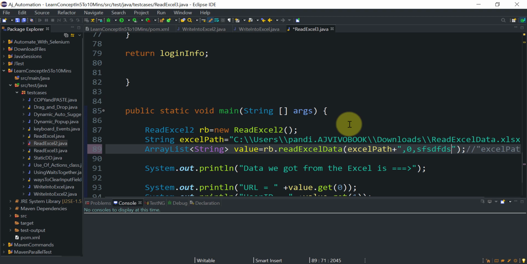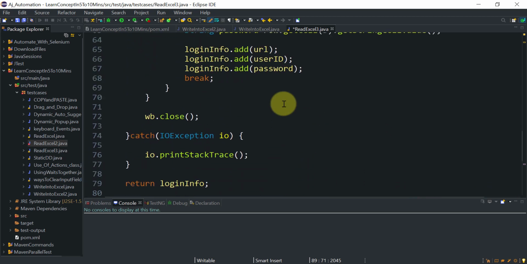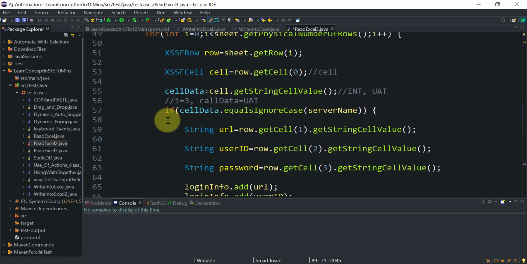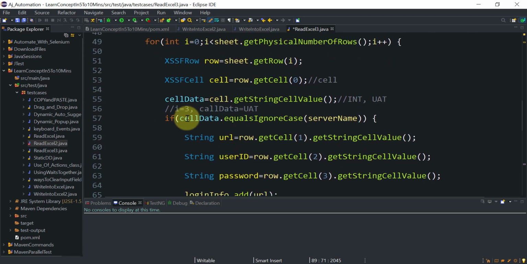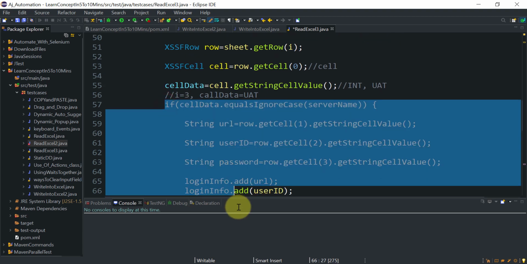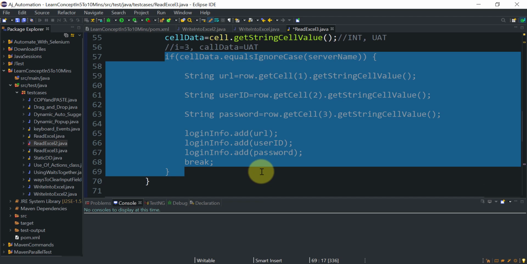This type of statement should be printed in the logs, in the console, so that the user will come to know we have passed a wrong server name. So how can you do that? Let's say our server name we have passed is a wrong server name, not available in that Excel. Our control will never go to this if block.